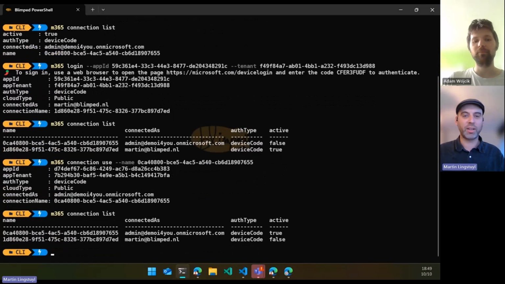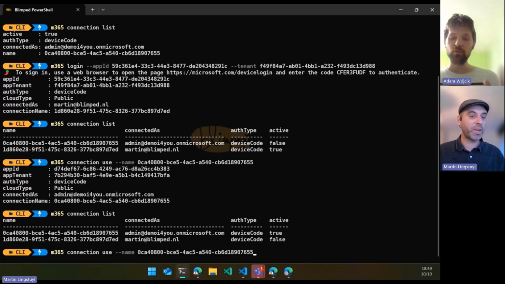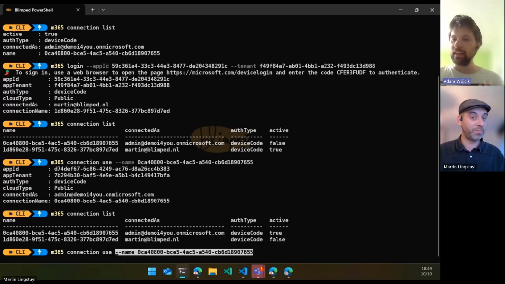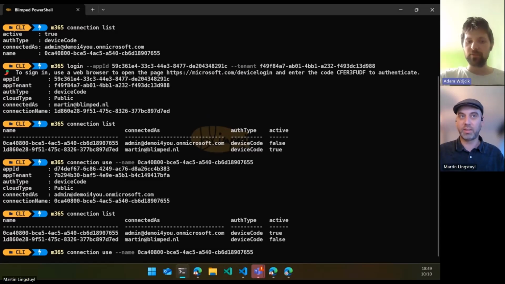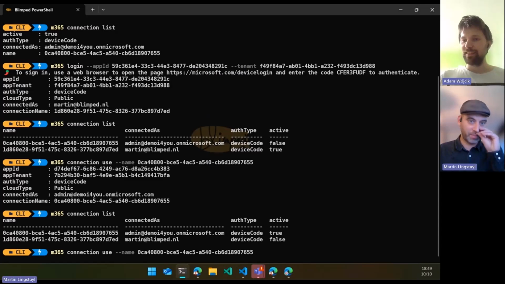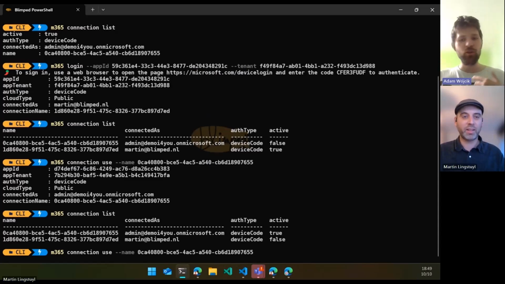So if you now hit connection list, you'll see the active part has been toggled. Now, if we would run any other CLI command, it will be over the first account, so the admin demo i4u account, right? Absolutely. Perfect. No logging out, no logging in, no more passwords, just changing the connection using the M365 connection